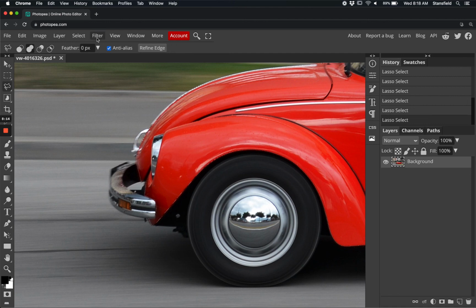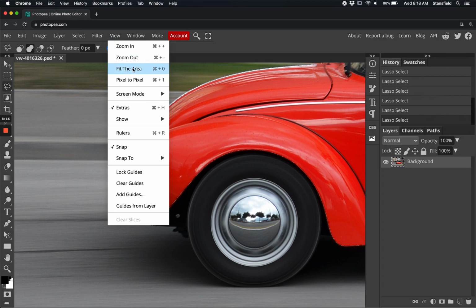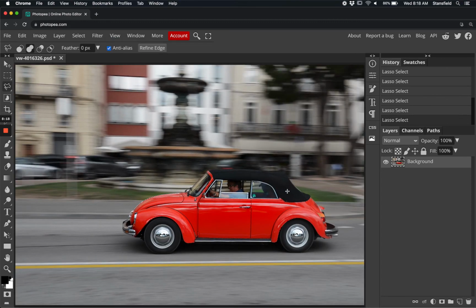Let's go ahead and zoom out, view. Let's fit to the area here, okay? And now I have a selection, right, of ostensibly the car's paint color. All right. Now,